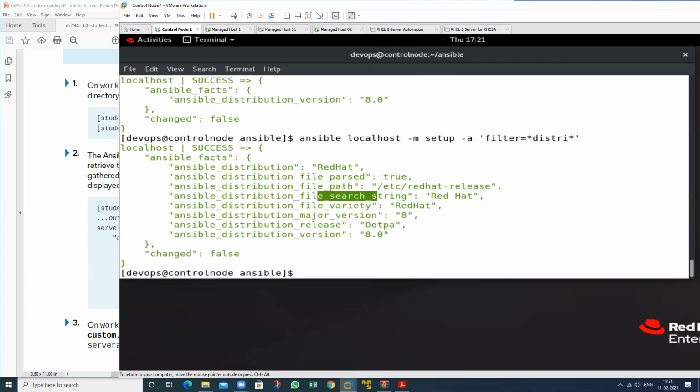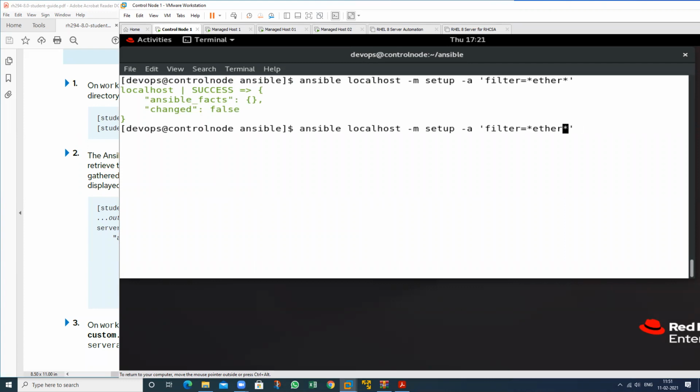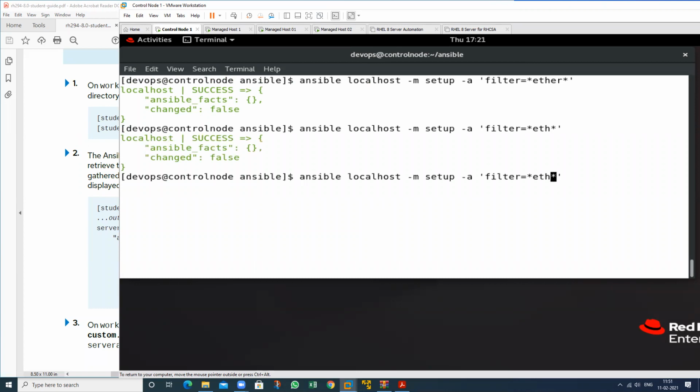Suppose you want to check the information related to the LAN card, so just type ether here. But you don't know the proper name of your ether, then what will you use? Ethernet. Just use ETH. Okay, not place the value. Ethernet all.